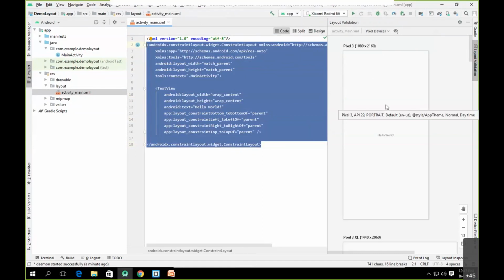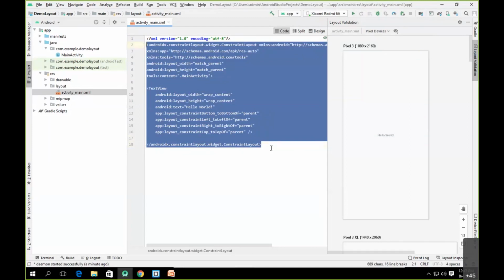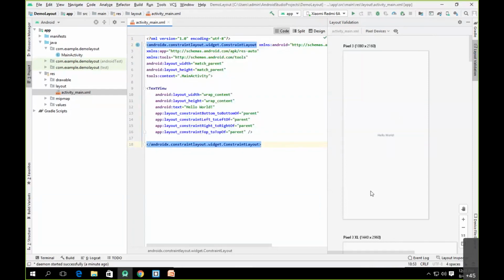So basically you have two important windows here. One window allows you to actually code the layout, and another window shows you the preview of whatever coding you have done for the layout. Always remember, whatever coding you do for a user interface is entirely through XML, which is a tagged language. Now let's see.